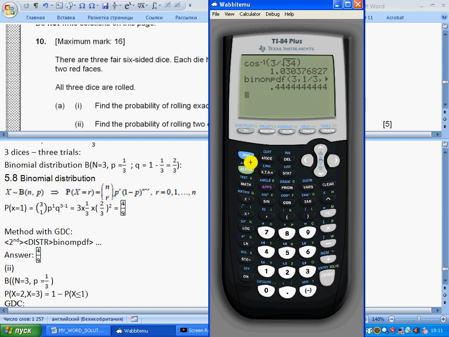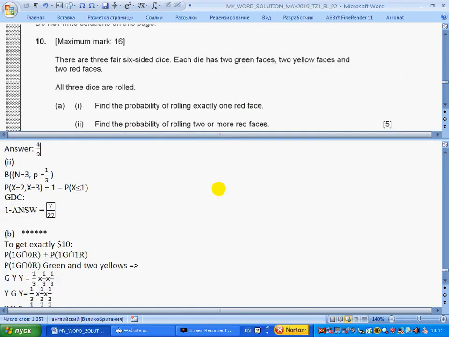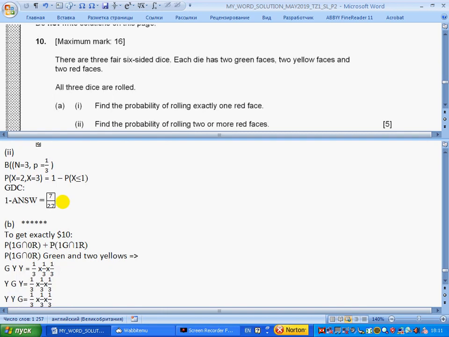To turn this into fraction form, we press alpha, y equals, choose 4, and press enter. 4/9. So we got the same answer. This question is done. Find the probability of rolling 2 or more red faces. Probability of 2 or more red faces, so x equals 2 or 3, equals 1 minus probability of less than 1 face